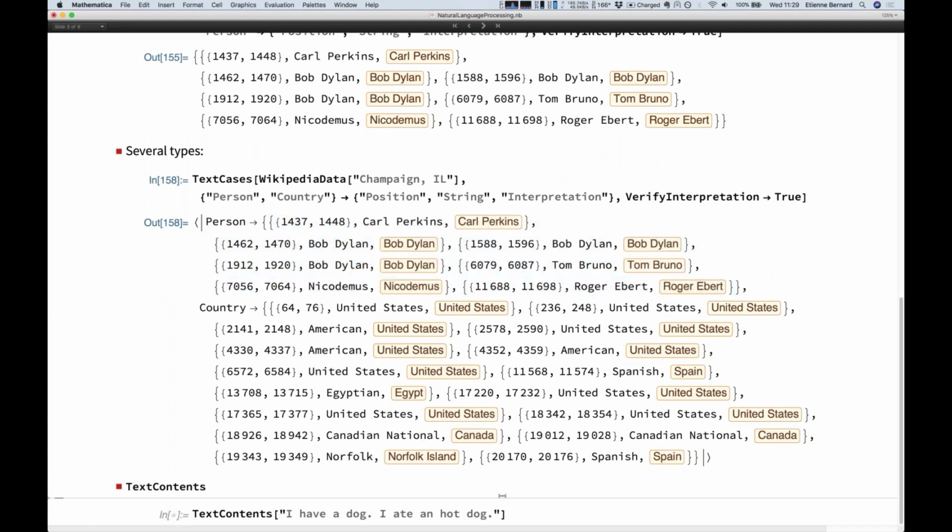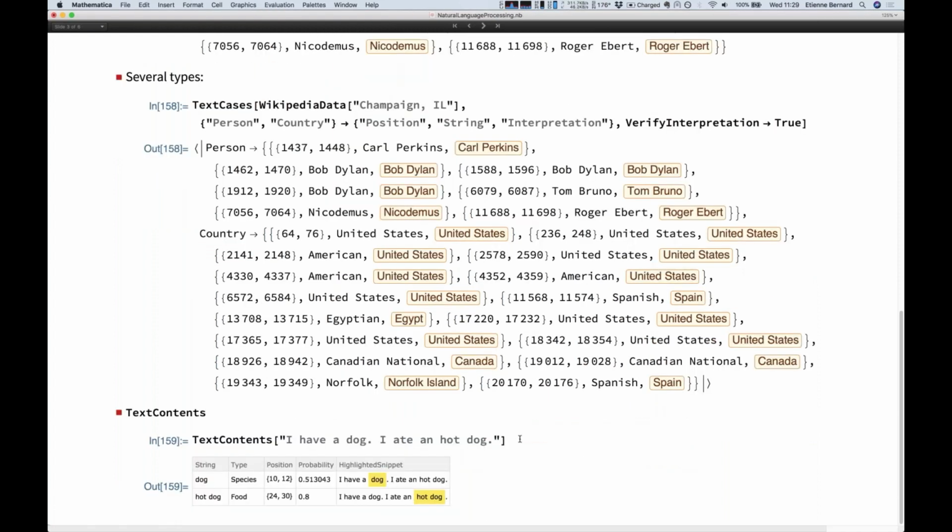And as I was mentioning, we have a new function called text contents, which is a bit like this one. You don't have to specify what you look for. It just gives you a bit of what it wants. So in that case, it tried to give you a bit of everything. It doesn't give you everything. Like it's not going to say, oh, this is a verb, this is a noun, and things like that. We can say a lot of things about every word in these sentences. But it's a sort of selection that you can control as well.